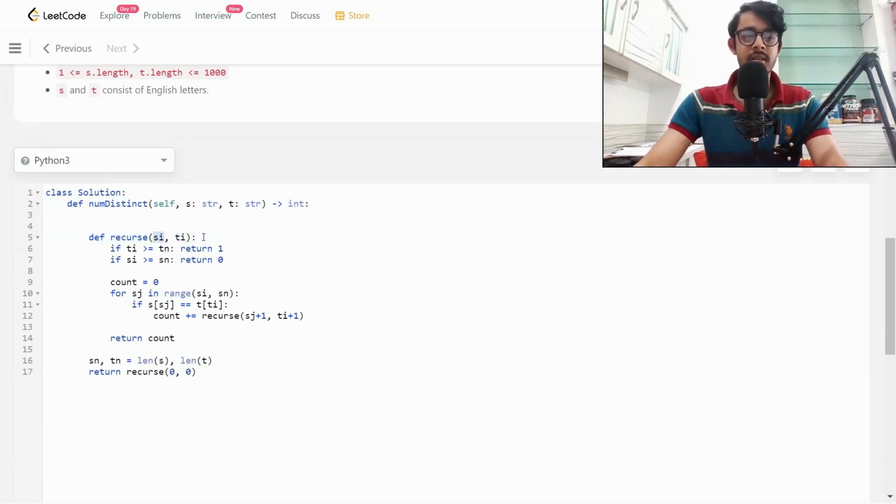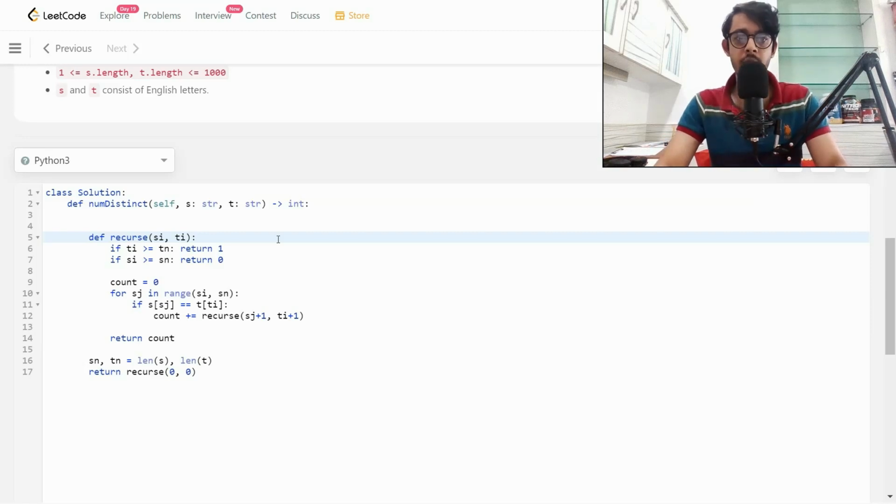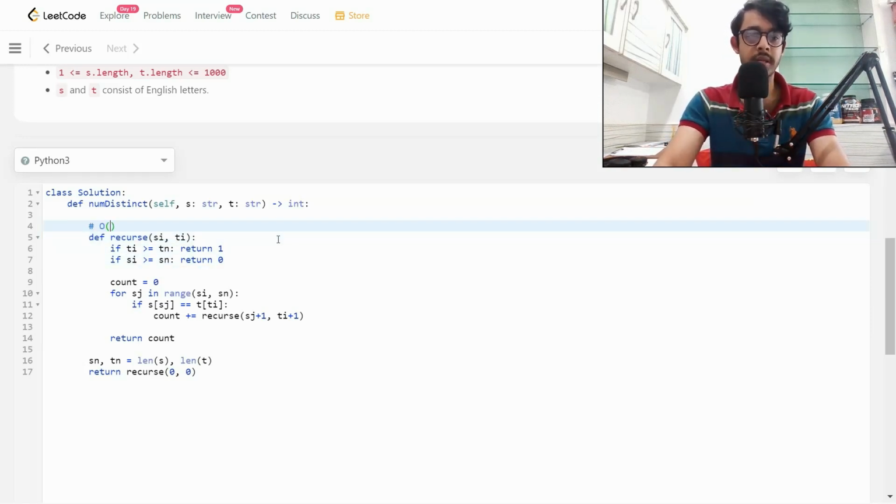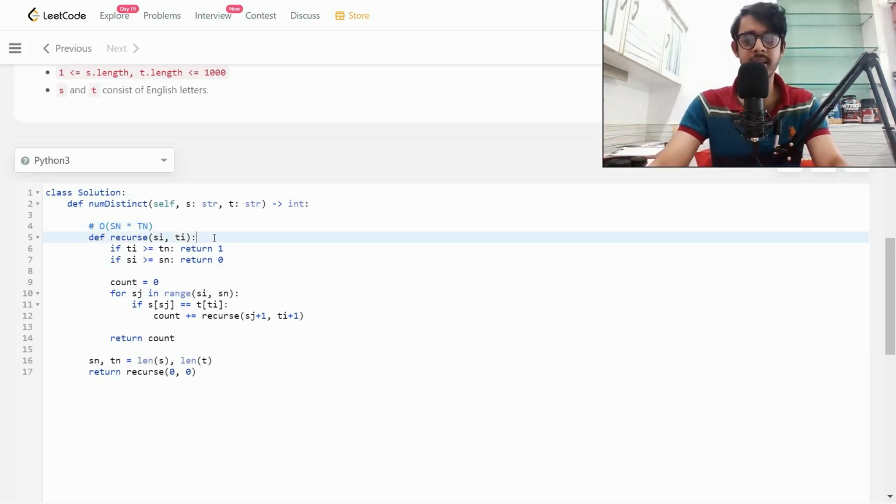Let's look at this recursion part over here. We're taking the input as s of i and t of i, which means that s of i can go all the way up till s of n. So basically order of s of n here, yeah, this is correct. And we're multiplying it by t of n. So this is the total time complexity we are taking to recurse all of the possible cases. This is a very general thing. If you have seen other videos, this should be obvious to you. But there's another thing that's hidden here.